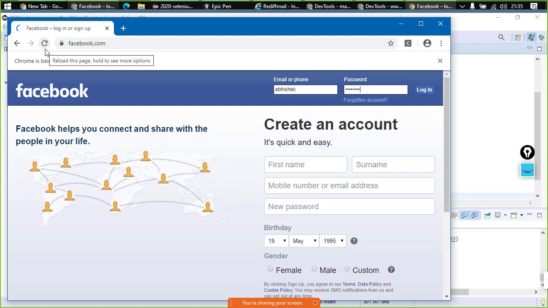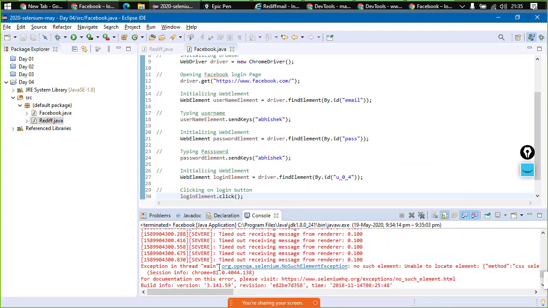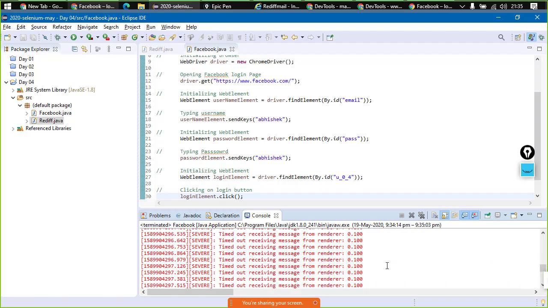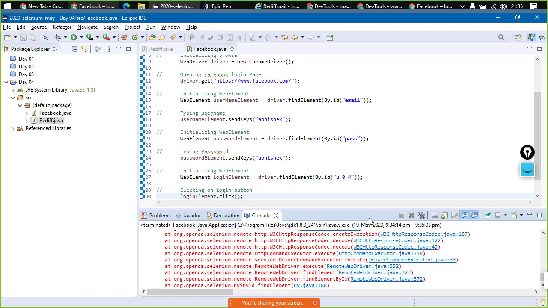Now you guys can see that Abhishek has been filled, password has been filled, and we got an error. What is the error we got? If you guys notice, NoSuchElementException. This exception comes up whenever the element that we are trying to access is not available.